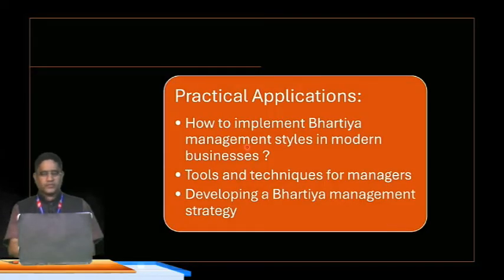Practical application would be related to how to implement Bhartiya management styles in modern business. Tools and techniques for managers: what tools and techniques managers would use to retain employees, get the work output in a specific period of time, and give motivation to the workers. Developing a Bhartiya management strategy: